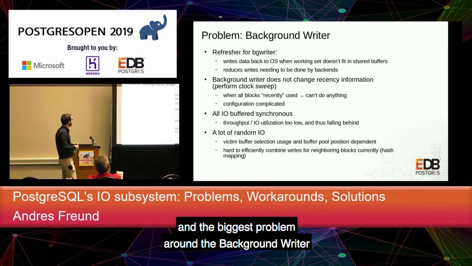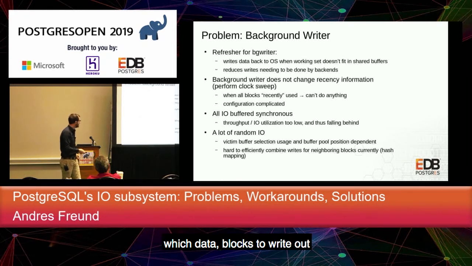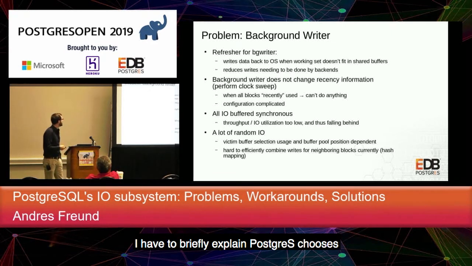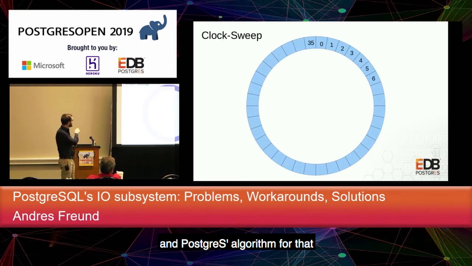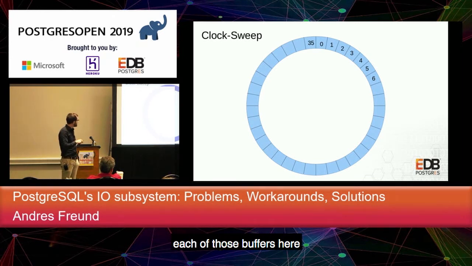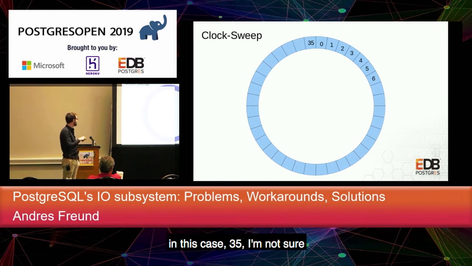And the biggest problem around the background writer that we currently have is that it often doesn't actually know which data blocks to write out. To understand that, I have to briefly explain how Postgres chooses which pages to write out. The Postgres algorithm for that is called the clock sweep. If you imagine that each of those buffers here is one of the pages in Postgres' page cache, in this case, there are 35. I'm not sure it's actually 35, but